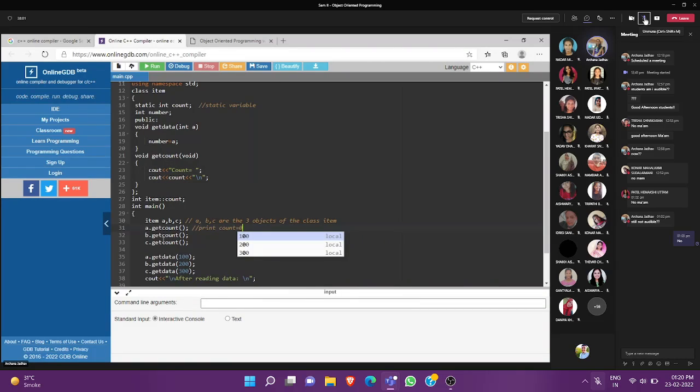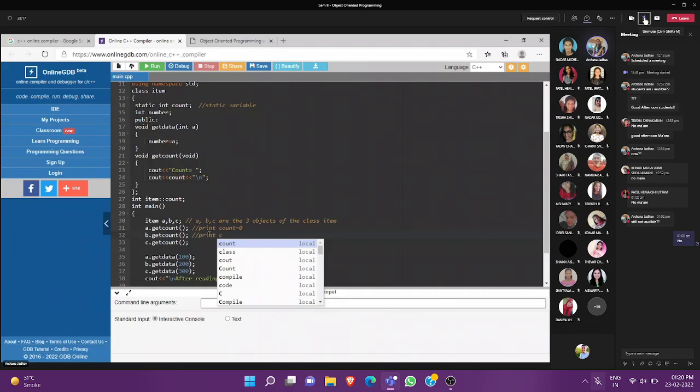Now similarly, when you are calling b dot get count, now what will happen? Again your get count method will get called. Now what value of count will get printed? Student? What value of count will get printed? Again it will print the value as 0 because we are not doing any changes in that